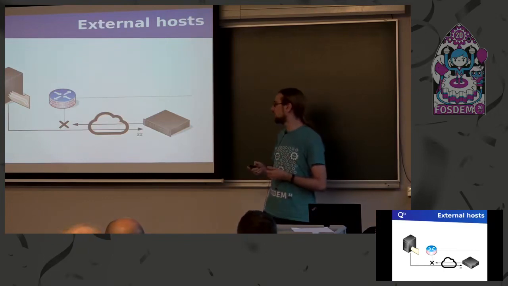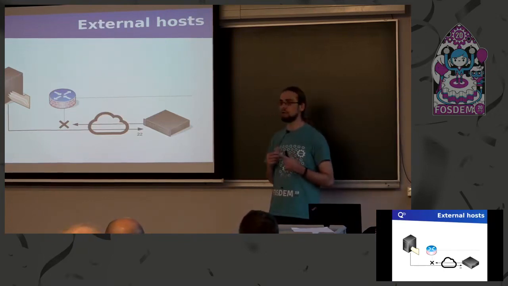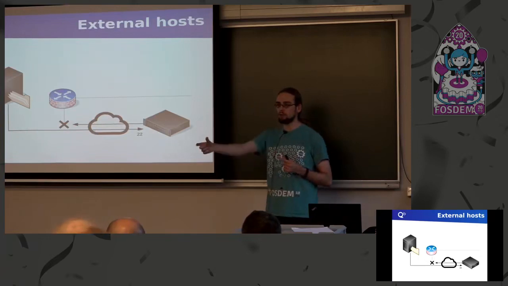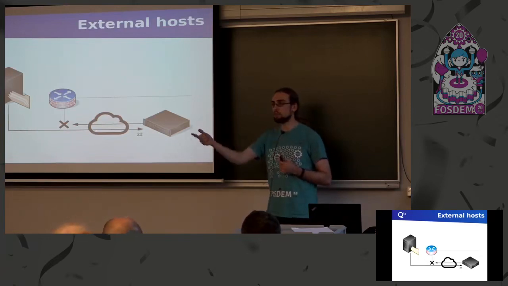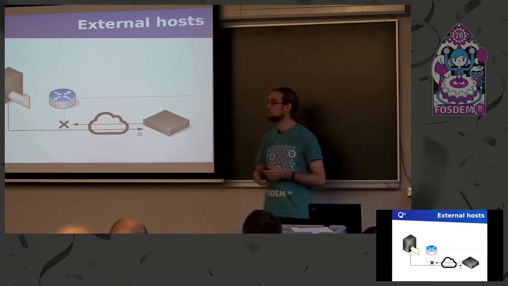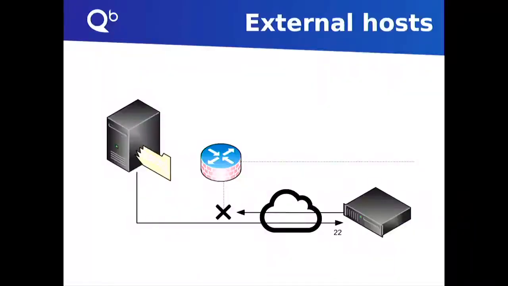So the issue is that Borg allows servers that need to be backed up to connect to the server that is storing the backups. But here, the connection will be blocked by the firewall. So to solve this issue, we initiate the connection from the backup server itself, and we do reverse port forwarding using SSH. This means that the backup server will initiate the connection to the remote server, and then it will, across this